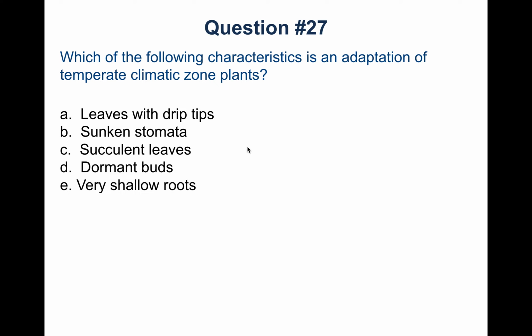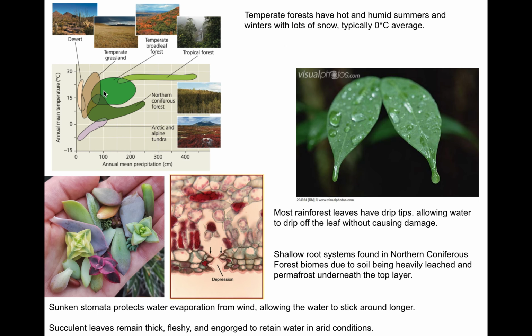All right, question 27. Which of the following characteristics is an adaptation of temperate climatic zone plants? All right, so you have a couple different adaptations I'm going to talk about. Remember the temperate climatic zone. You've got temperate grasslands and you have temperate broadleaf forests. So focusing on really the broadleaf forests, they can get a pretty good amount of rainfall every year, and the temperatures